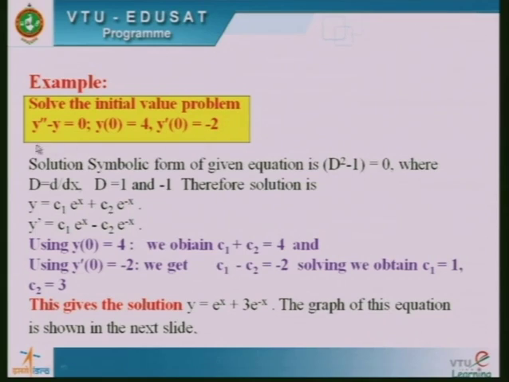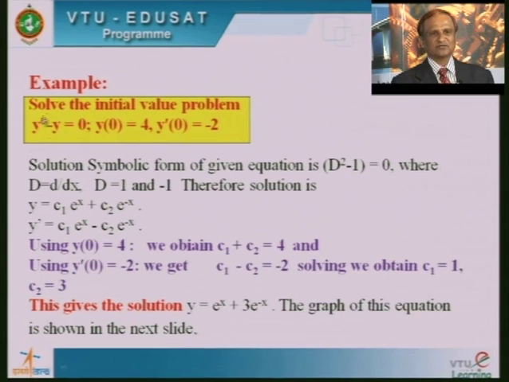Okay. Now, in exactly the similar way we shall solve one more example, right. Solve the initial value problem. Is it clear? y double prime minus y is equal to 0, y of 0 is equal to 4, y dash of 0 is equal to -2, right. Solution